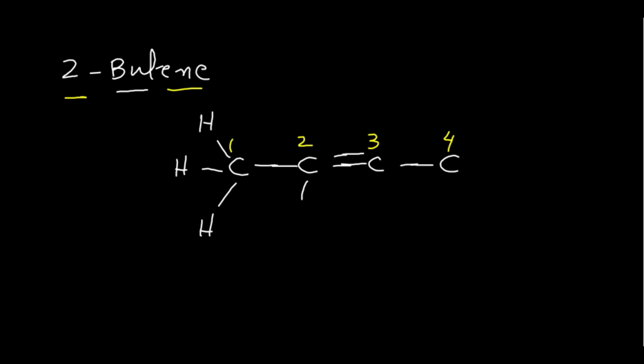1, 2, 3. It forms 3 bonds. So here we will write 1 hydrogen atom to make this carbon tetravalent. Similarly, if we see the third carbon, it can form 1, 2, 3 bonds. 3 bonds are formed by this third carbon. So that's why here we will write 1 hydrogen to make this carbon tetravalent.